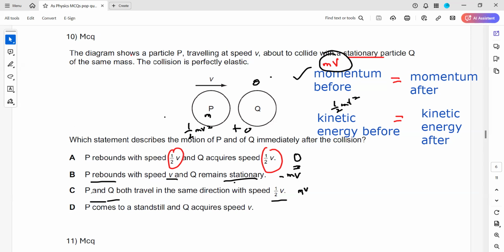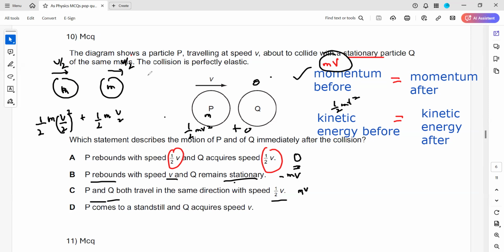Now, in option C, they mentioned both travel with a speed of v by 2. So m is there and the speed is v by 2, and this m is there, the speed is also v by 2. It means they move together. So the kinetic energy will be half m (v by 2) square plus the kinetic energy of the second object, half m, the velocity is v by 2